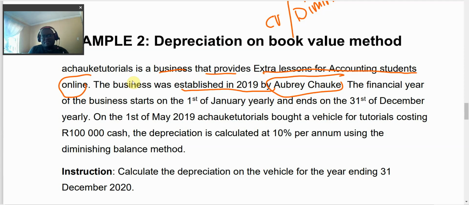And they're saying the financial year of the business starts on the 1st of January yearly and ends on the 31st of December yearly. So now we have already identified the financial period, which is very important. It's very critical that we know the financial period. All right. This financial period is the same as the one that we had on that example, just that here, we are doing calculations for